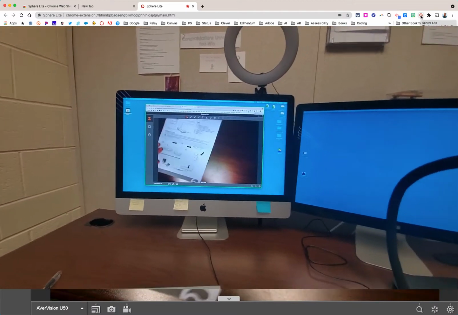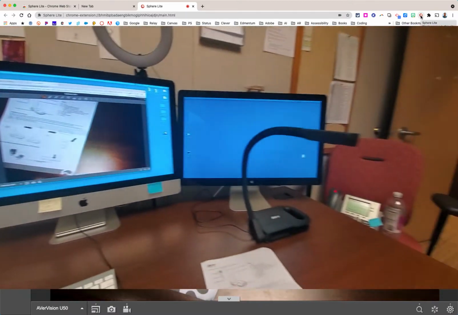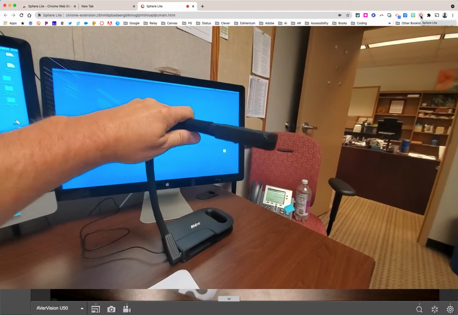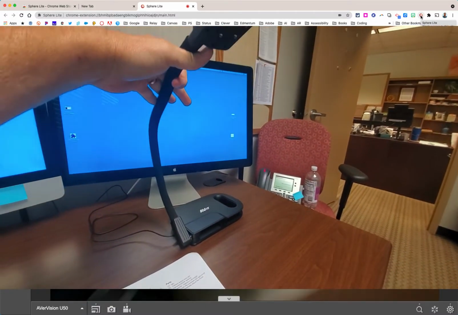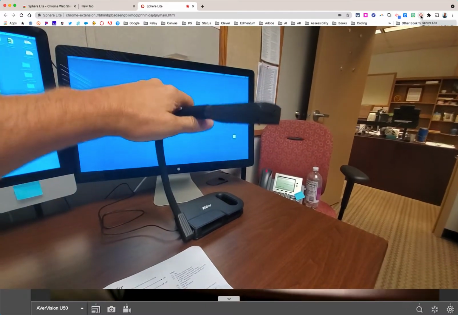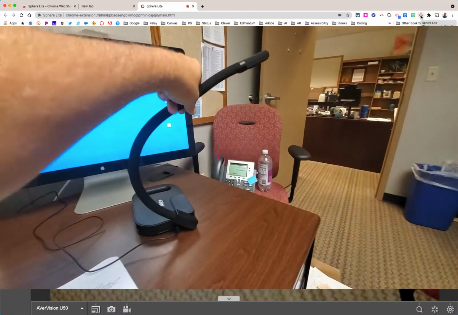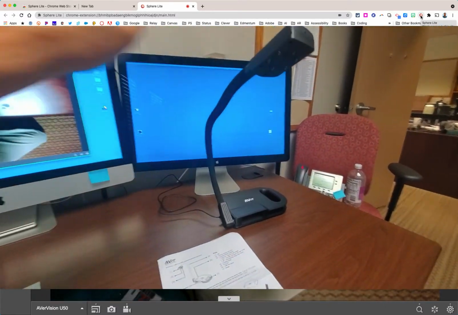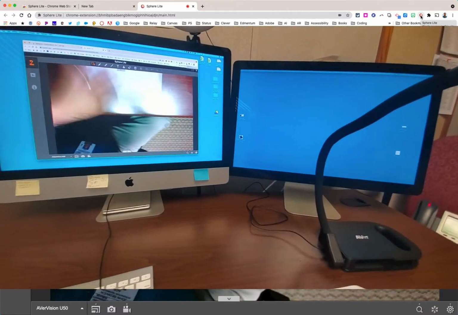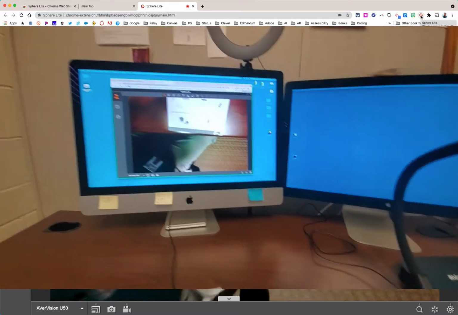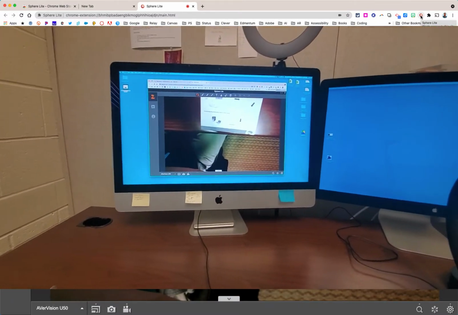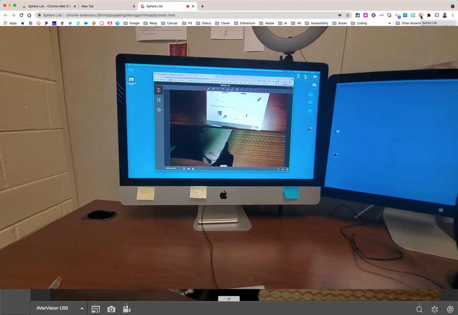desk below it. Now real quick, I want to scan over here to the actual device itself, the document camera, because it's got a nice big long gooseneck on it where you can flex that anywhere you want. You can turn it to accommodate your space, and you can move the paper around underneath it. So you've got all kinds of flexibility with space. I'm going to take a second and adjust this to view, and then I'll be right back and show you